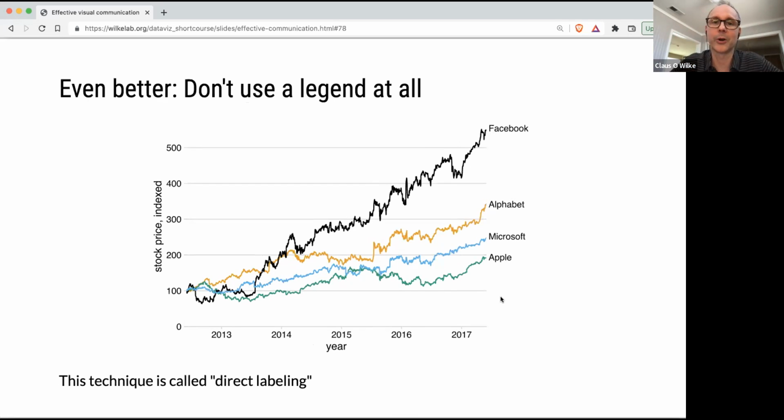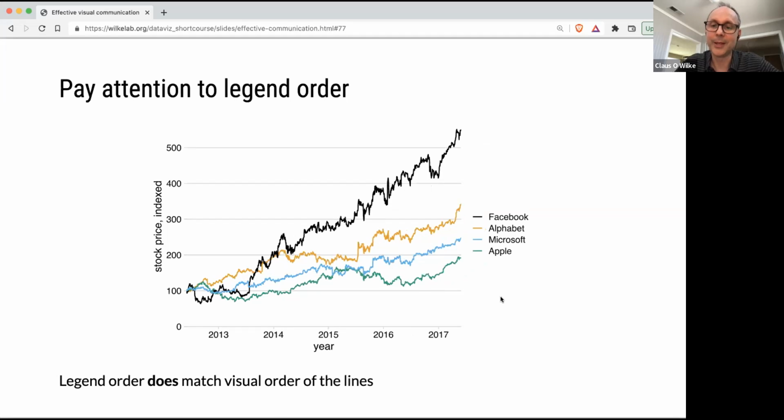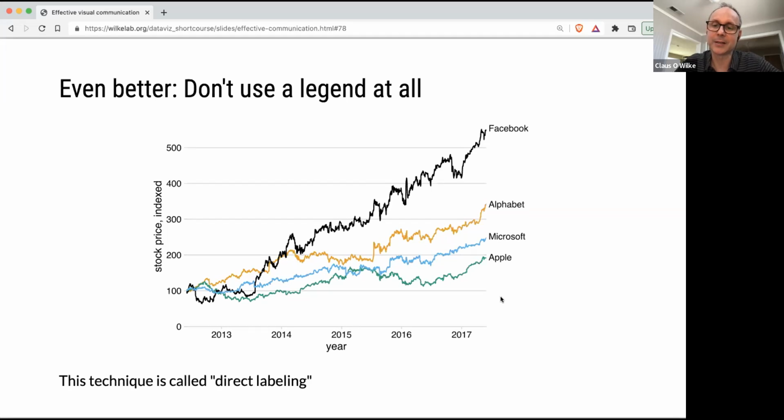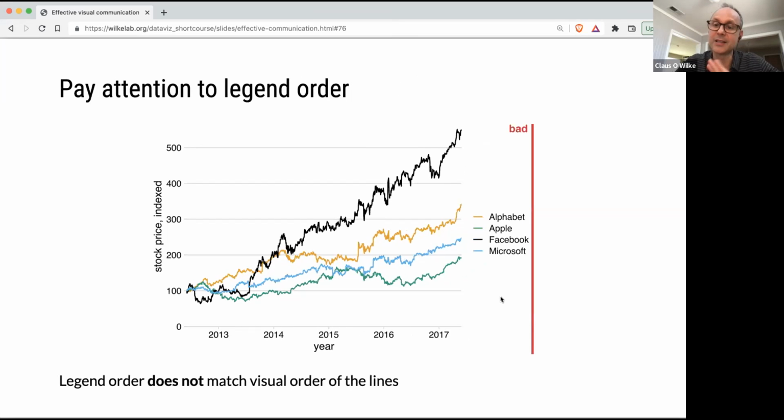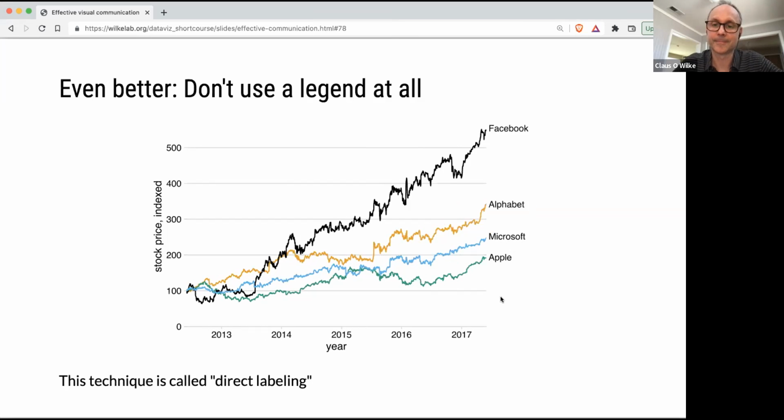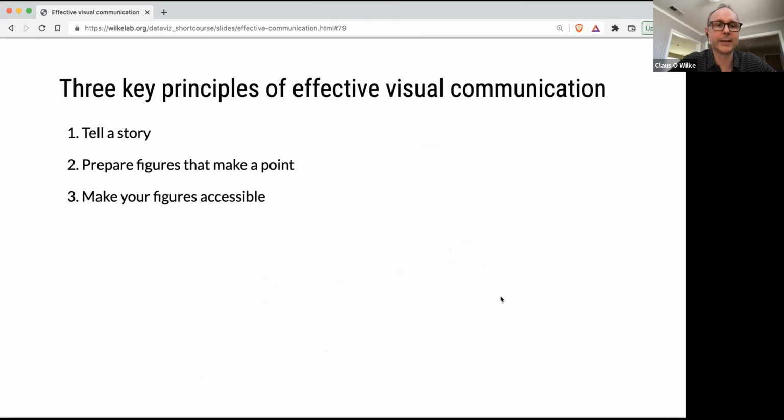It requires a little bit of extra work, so you may or may not have the time, energy, or skill to do that. I mean, this is fine. This is better. This is not good. And I see this all the time. And so that's it. So the 3 key principles are: tell a story, prepare figures that make a point, and